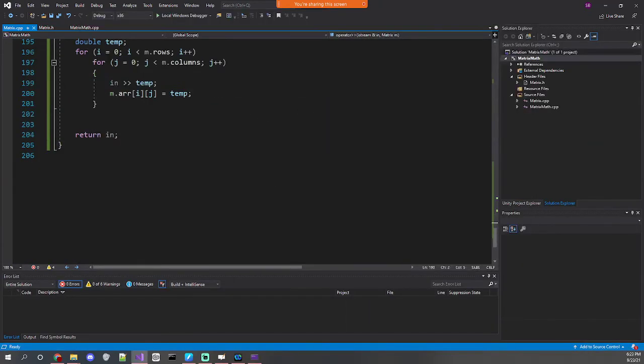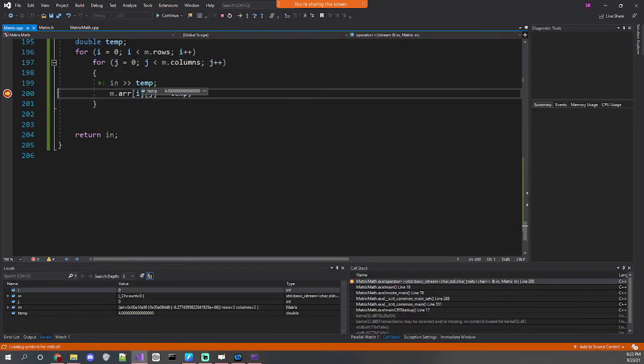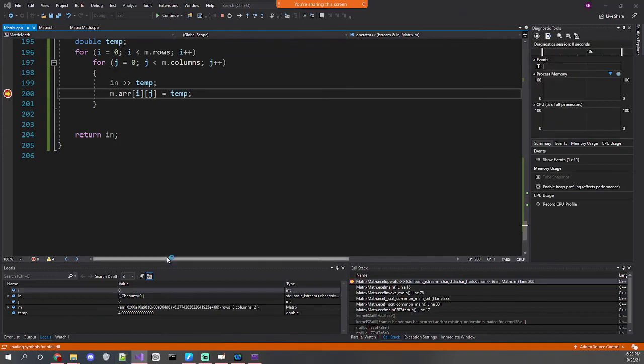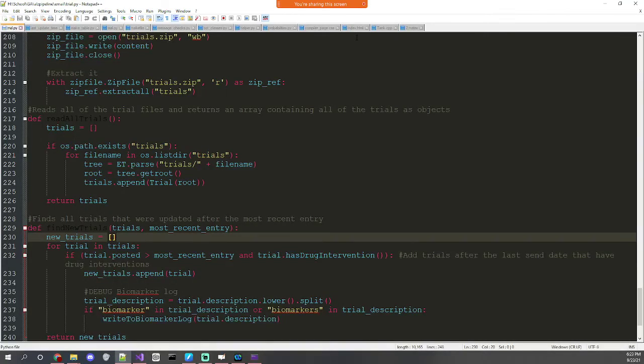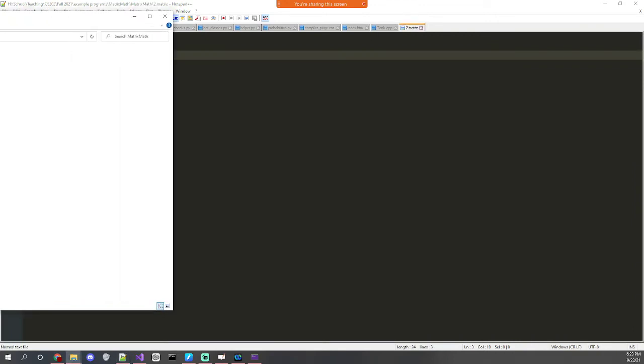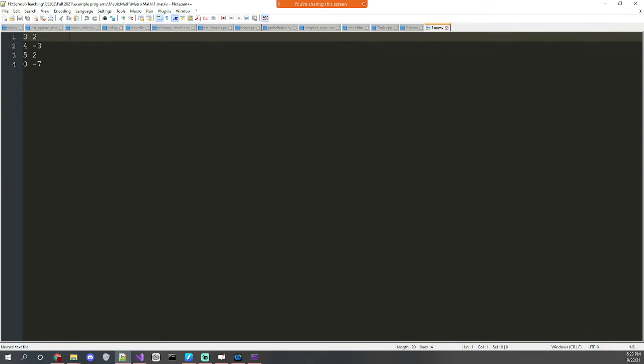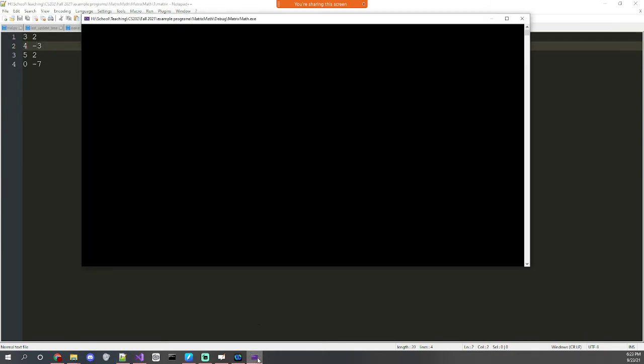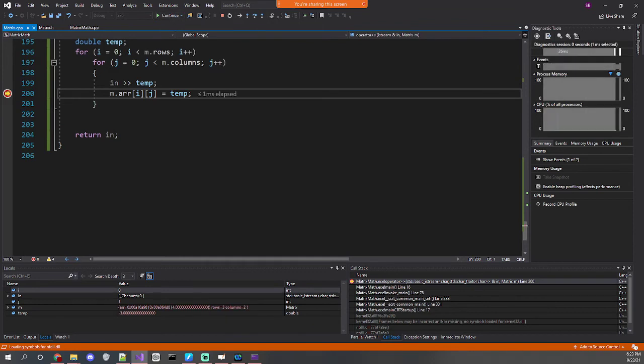Oh, I need to set a breakpoint, huh? Temp is 4.0. This was for the first array, I imagine, which is not one I have open. So it'd be 3, 2, 4 would be the first number, and then the next number would be -3. Maybe it's because of the way that I'm reading now. Next number is -3, 5, that. And I guess the last one,